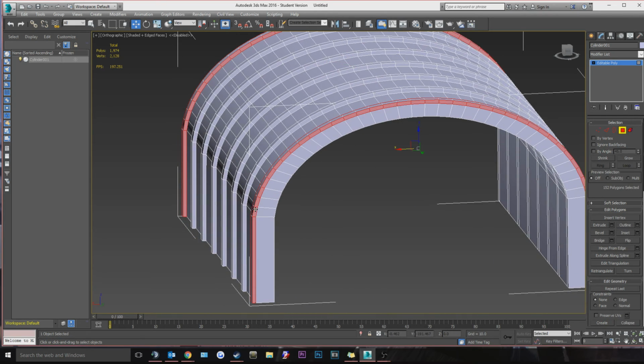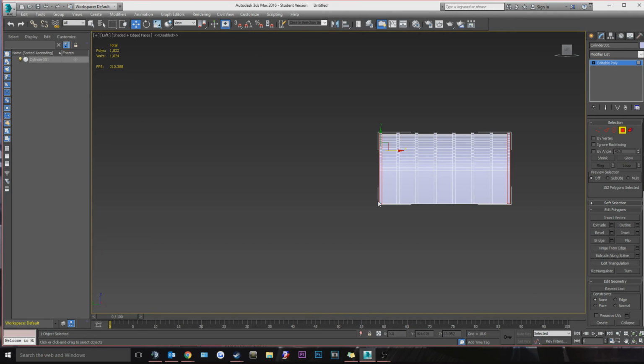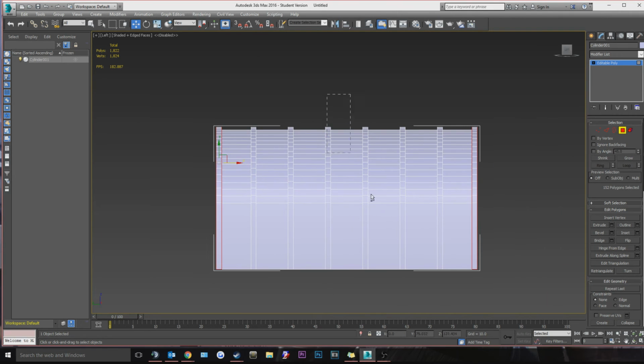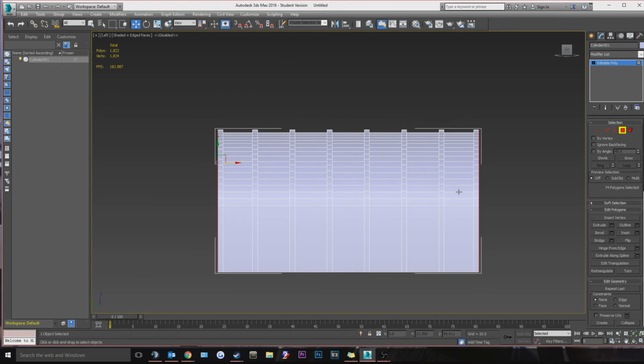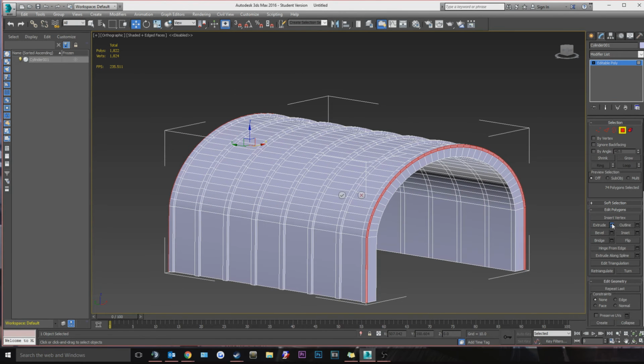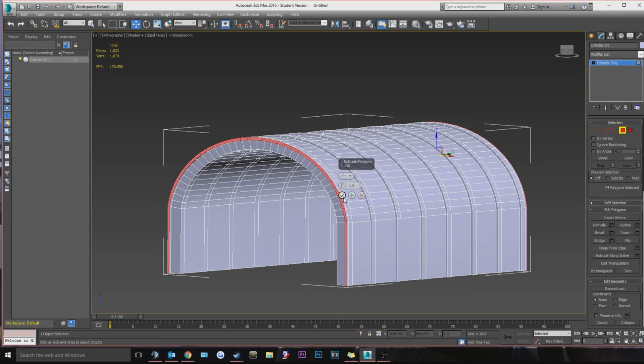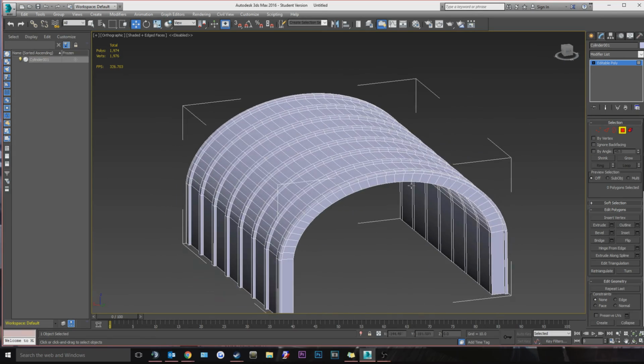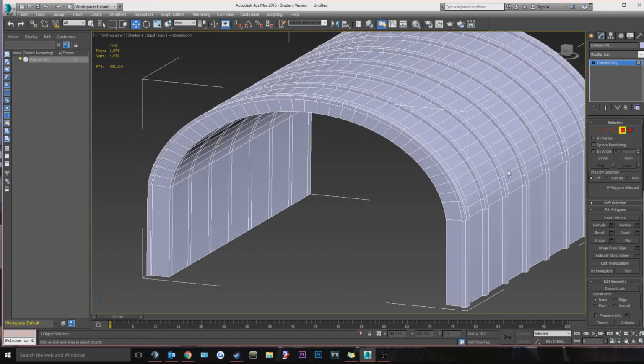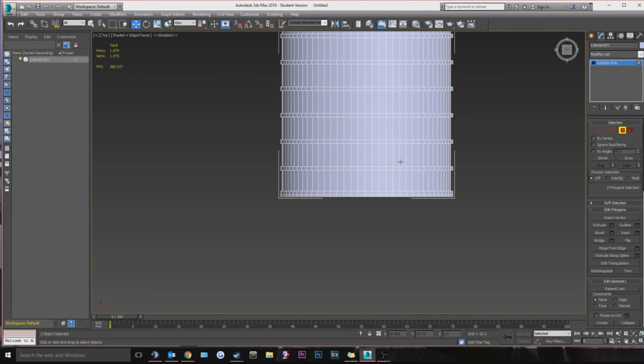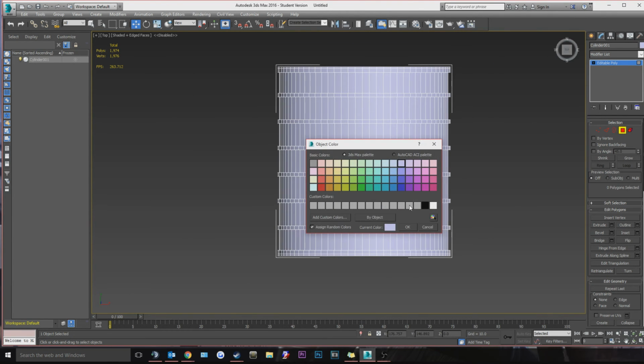I might actually make it into like a sports dome, maybe like a gym, something like that. And we're going to select this one, deselect this one, and then we're going to hit extrude again. And we'll just go with the same setting. So there we go. We've now basically got a nice little shape where if we go ahead and change the colour to a black,